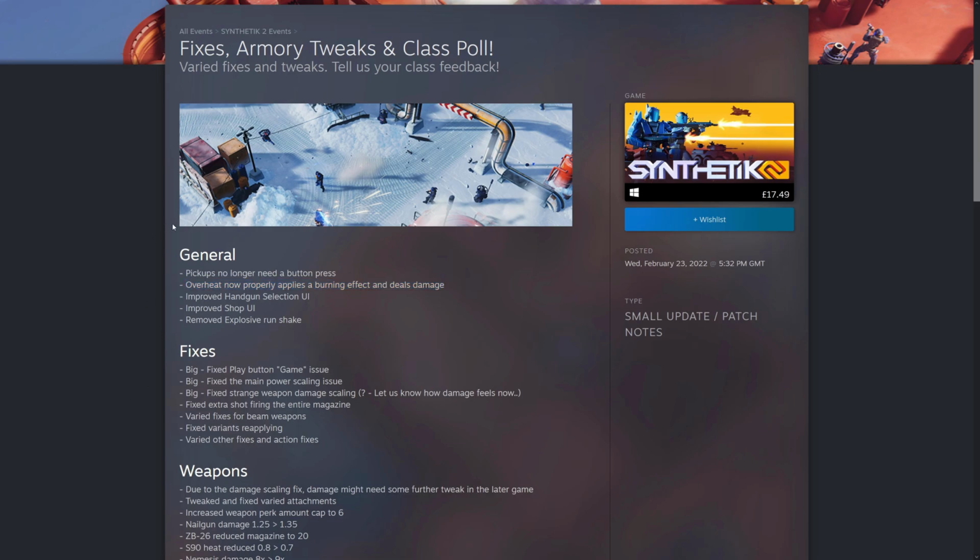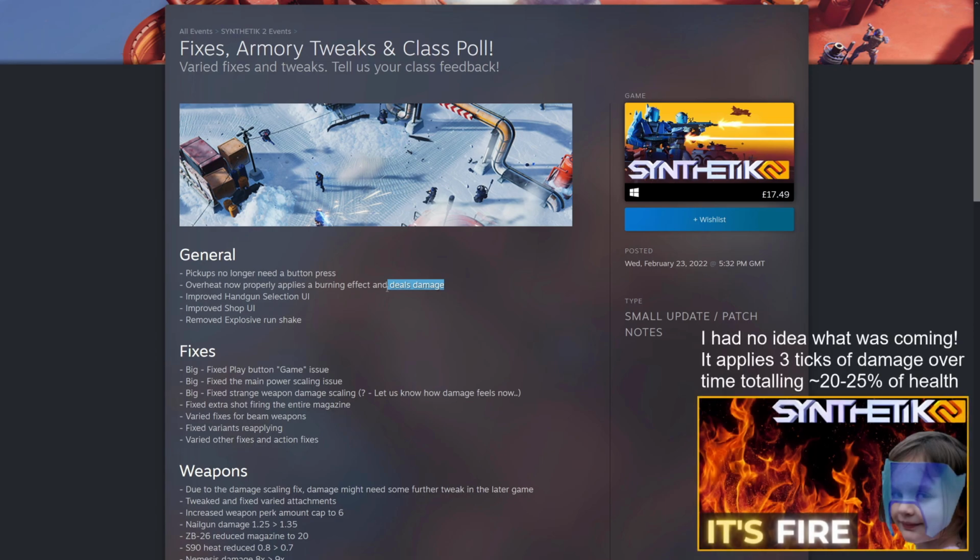as of this patch. So some general points here, nothing too exciting except for the point now that on Overheat there is a burning effect, and this ends up dealing damage. It'll be interesting to see how they've applied this. Is it some sort of a flat damage? Is it per bullet? Is it per damage of the bullet? I'm going to find that out as we're playing the game to see how Overheat now has changed the dynamics